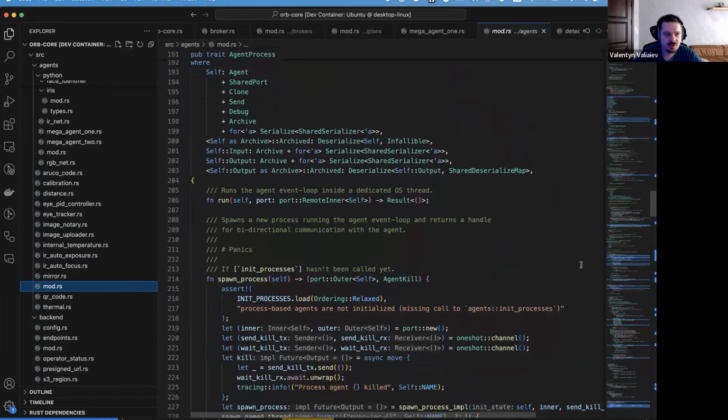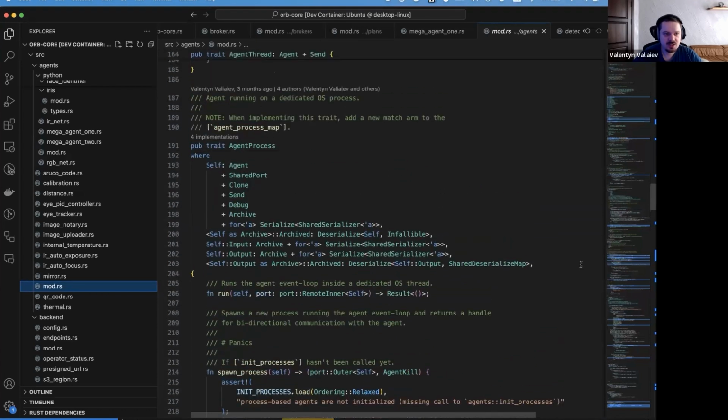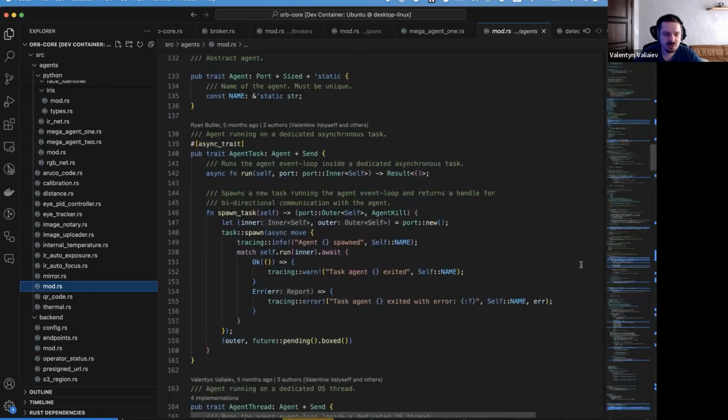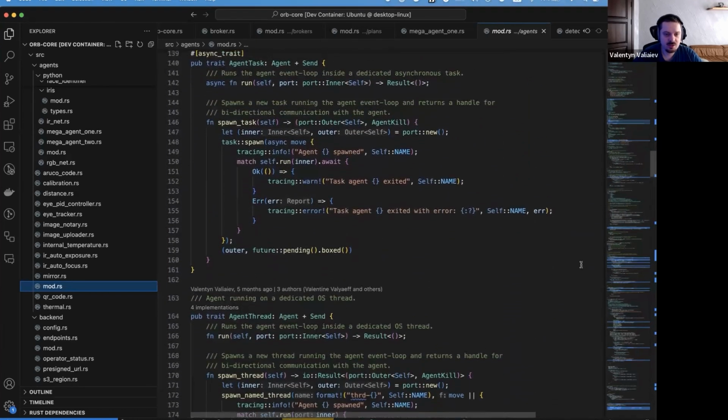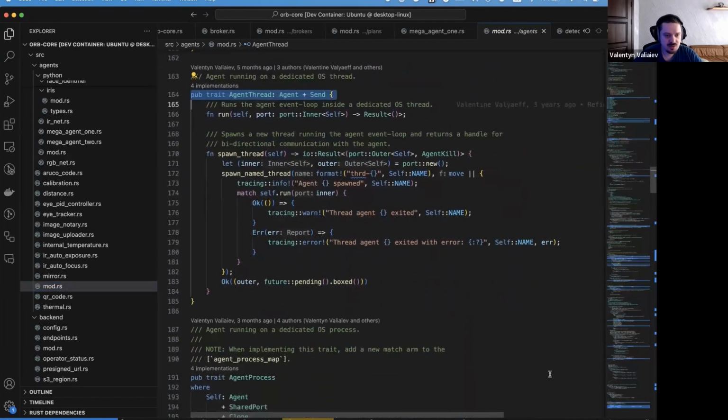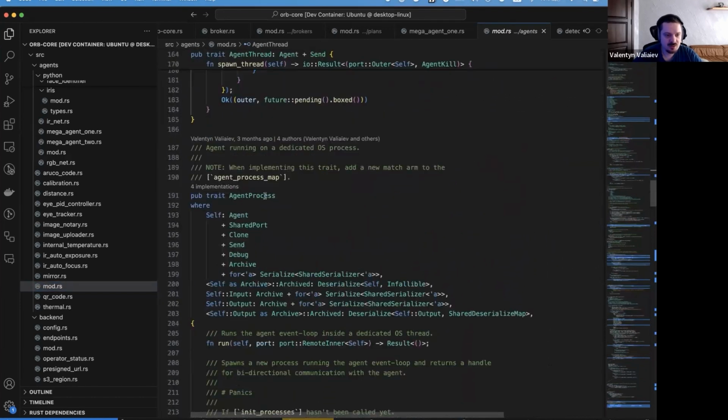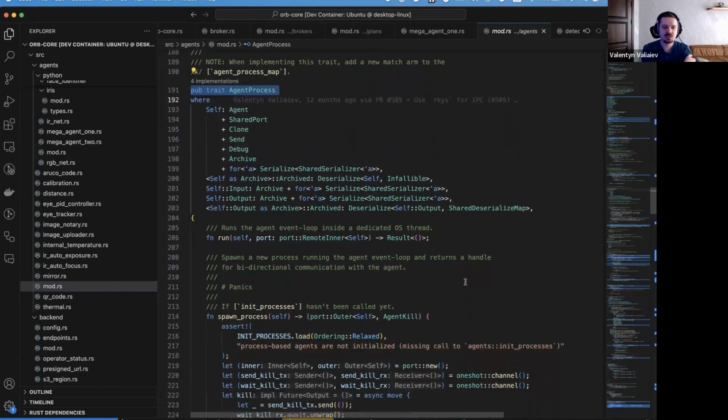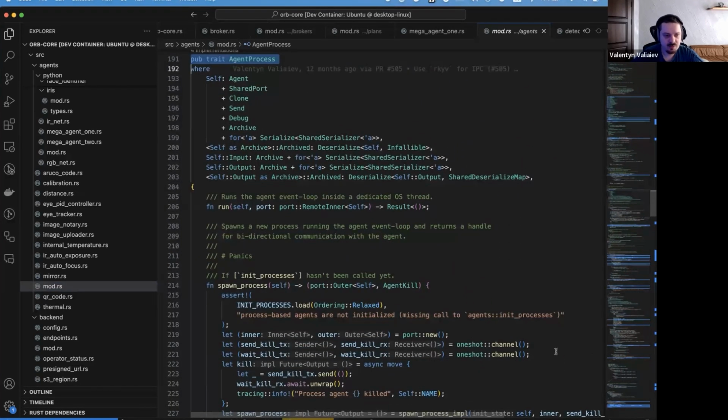An agent can implement one of the three agent traits: agent task, agent thread, and agent process. Agent task runs on top of Tokio. Agent thread runs on a dedicated OS thread, and agent process runs in a completely isolated process.